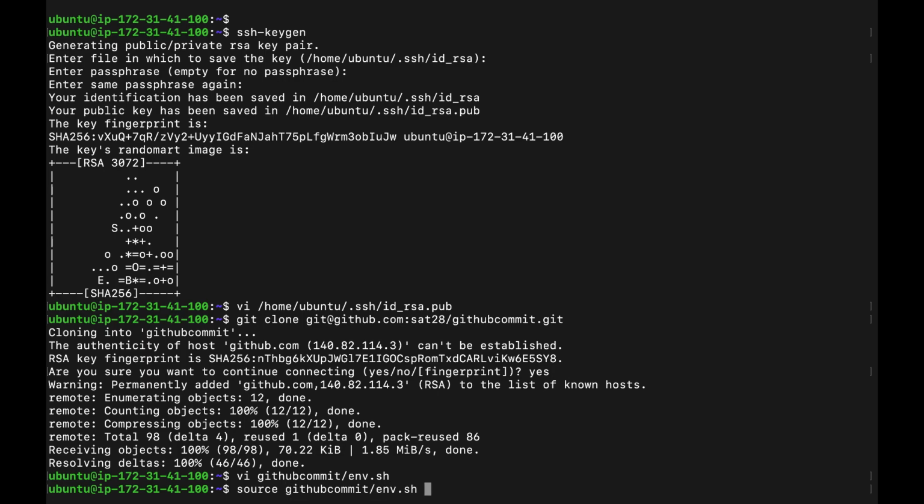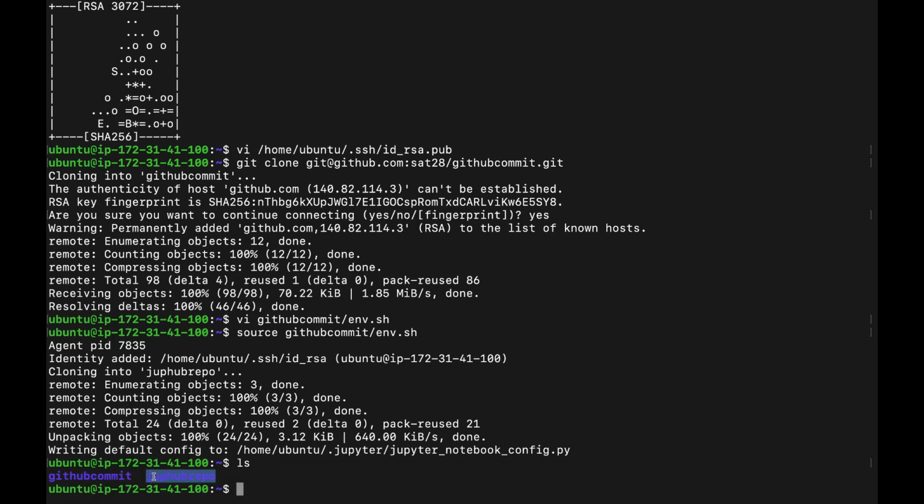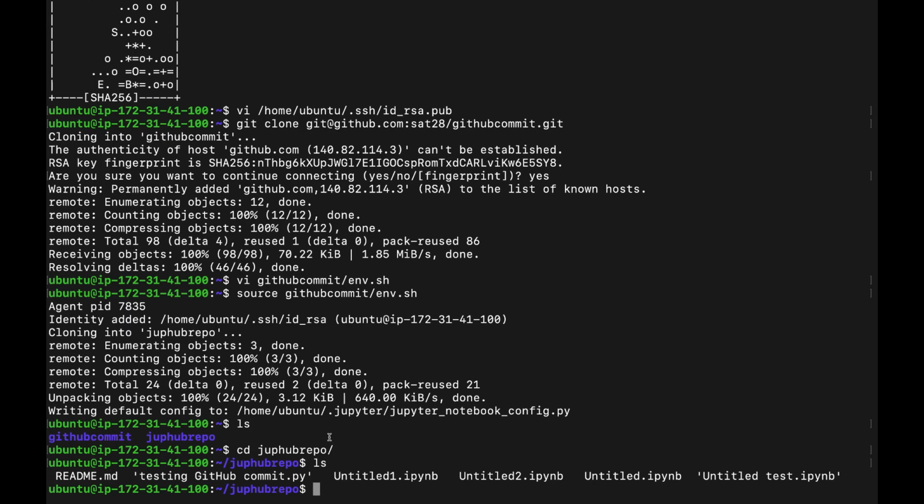Basically it would run this shell script, and what you will see is even the repository that you mentioned there has been cloned here, and many environment variables have been set up for you to work. And moving forward, from within this repository, or even from this parent directory, I can instantiate my Jupyter notebook.